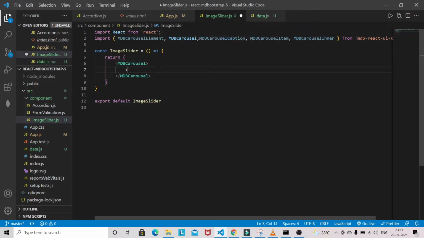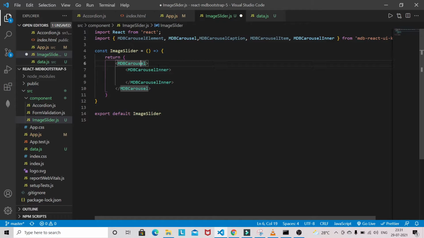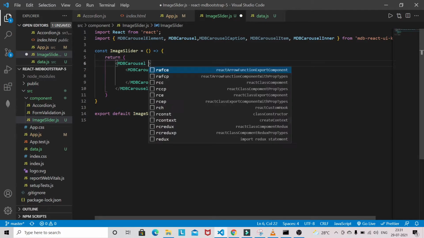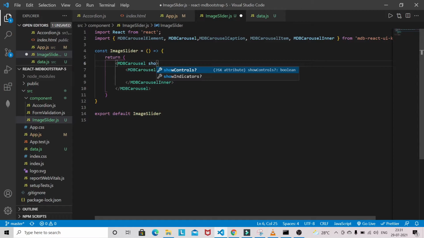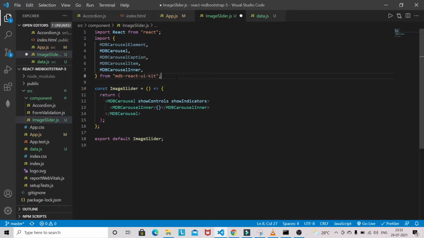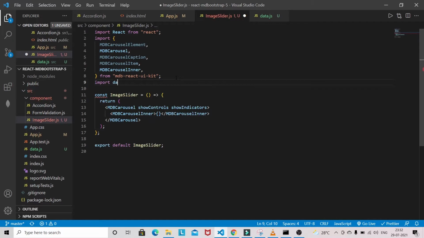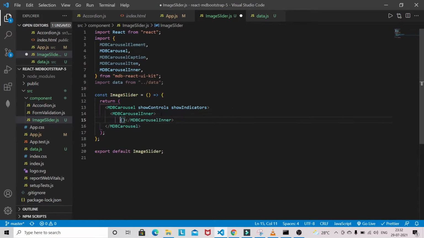And here we need MDBCarouselInner, and we need showControls and showIndicators. Inside this inner we are going to bring this data file. So let's format it here. I'm going to bring the data file, and this data file is actually required.